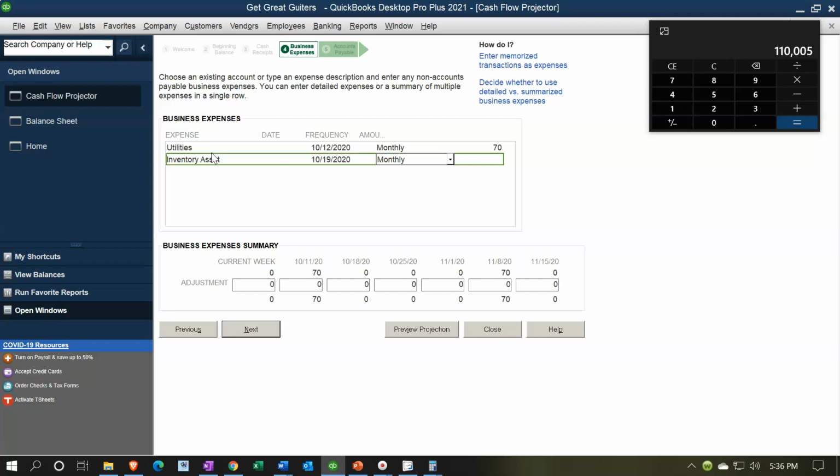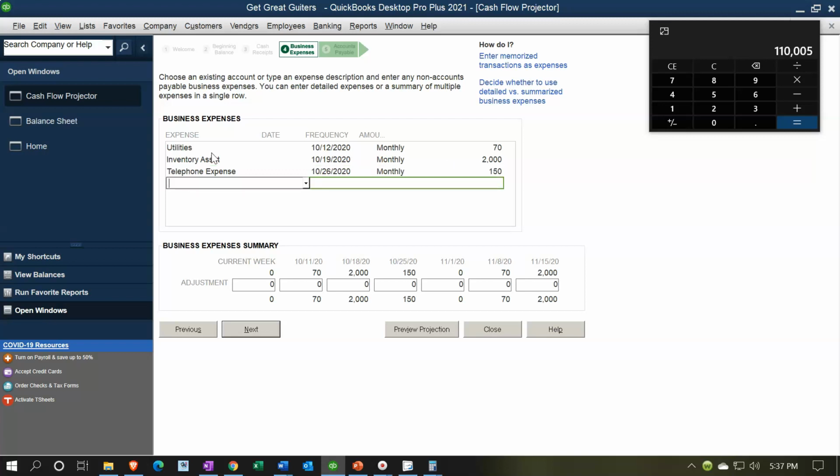And let's put this one in as 10, 1920, and say, let's make this monthly as well. And let's make it 2000. And then we'll say telephone. Let's make this 2620. And we'll make this monthly. And this will be, let's say, 150. And then we'll have